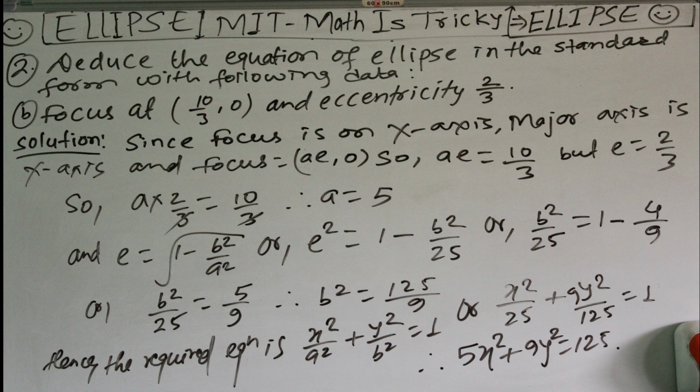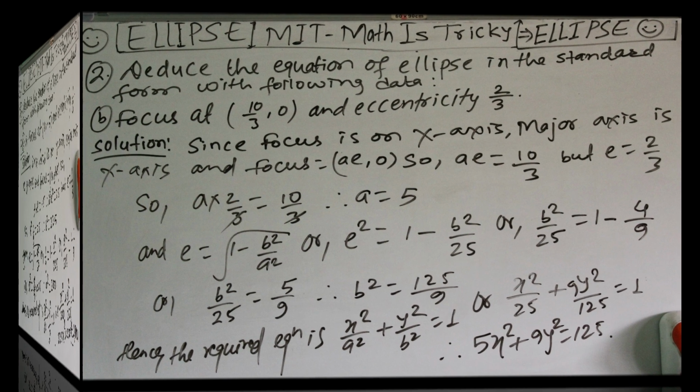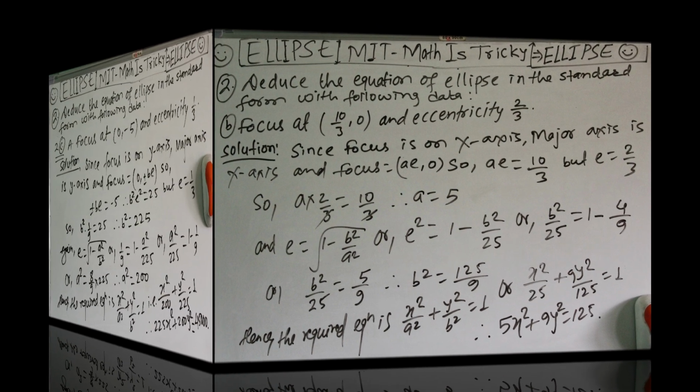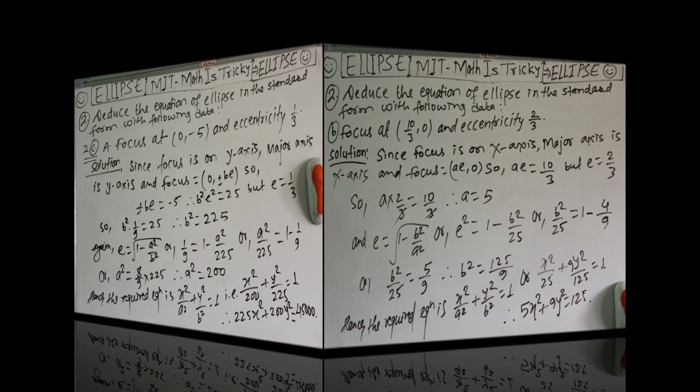So on squaring and putting the value of a as 5, we'll get b square equals 125 by 9. And now let's substitute the values of a square and b square in the equation x square by a square plus y square by b square equals 1, so that we'll get the required equation of the ellipse as 5x square plus 9y square equals 125. Now move to question number